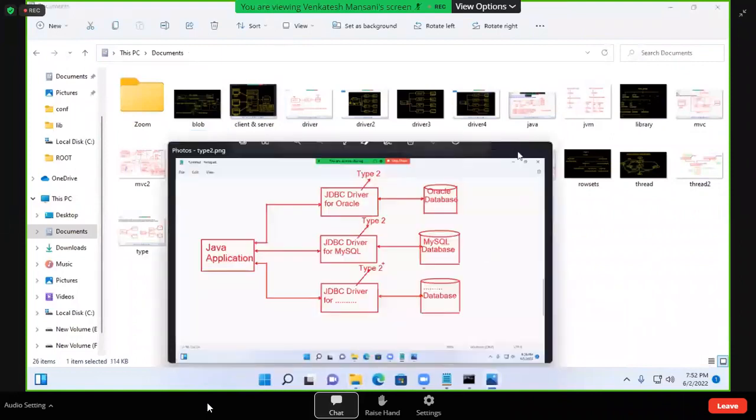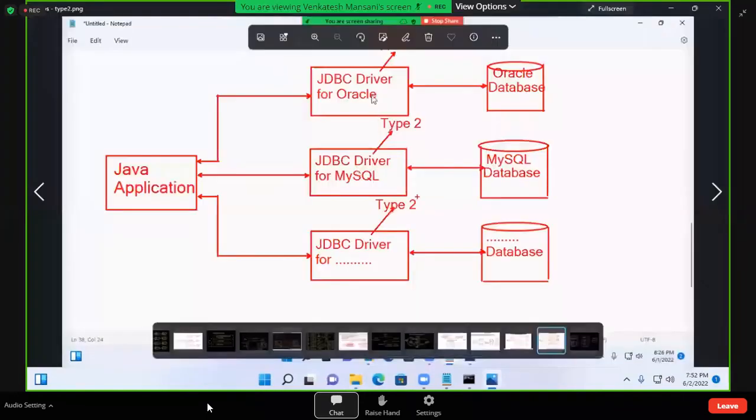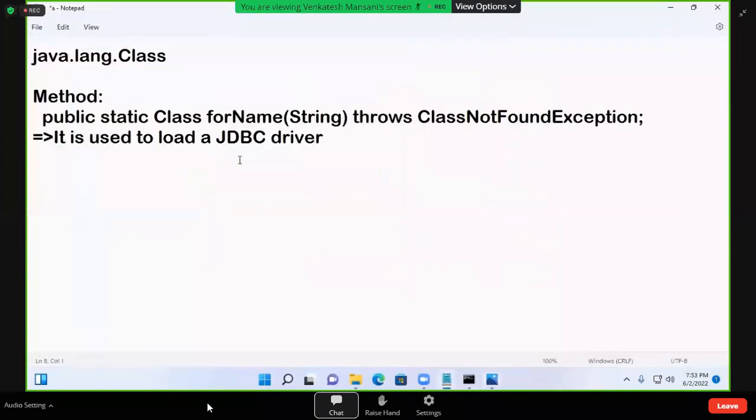Here, type 2 driver. See, JDBC driver for Oracle, JDBC driver for MySQL, JDBC driver for DB2, JDBC driver for Derby. Like this, every database has a separate driver. Now, I'm going to give it for Oracle. Now, write it. Type 2 driver